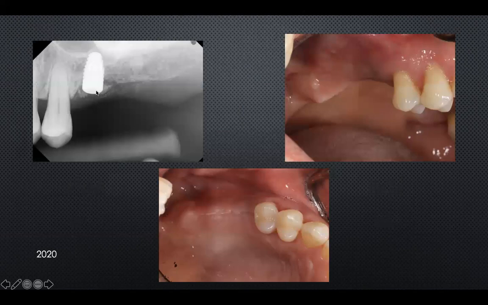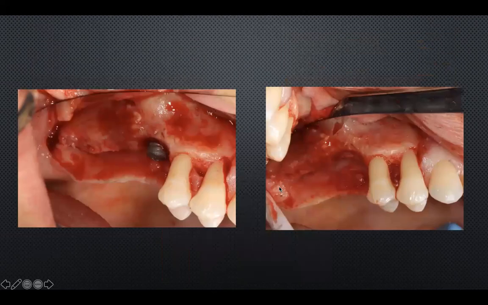So they did a bone graft and they did a sinus graft on number 15 area here, as we can see, but the bone graft did not take, and we can see that the bone graft particles is away from the native bone and it didn't work, and we still have this amount of bone loss and the implant is moving basically. So what I did is we decided that the implant need to be removed,